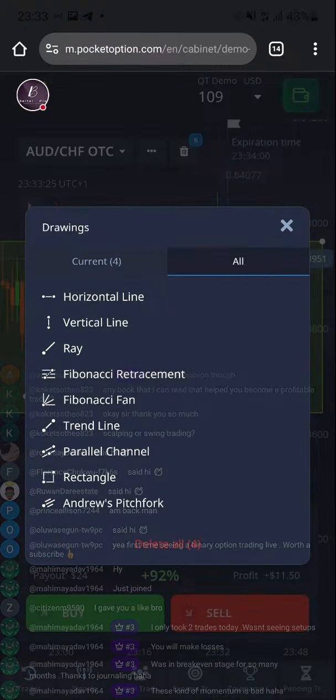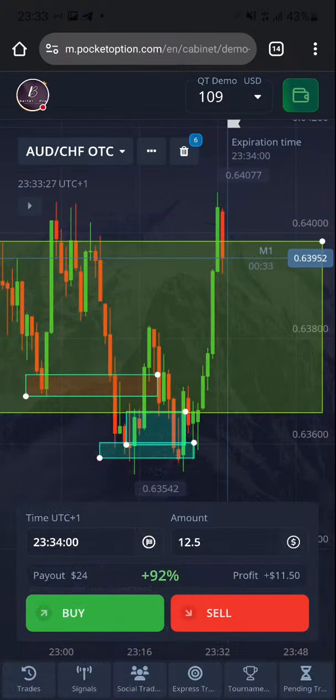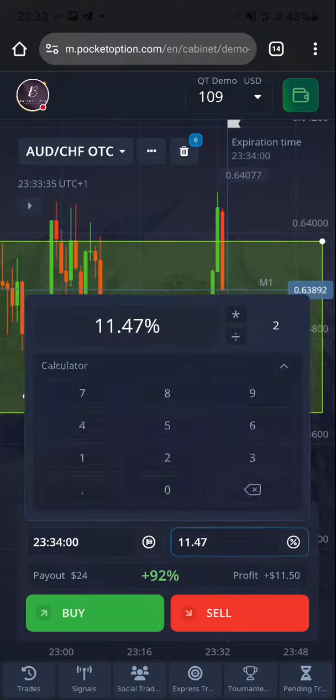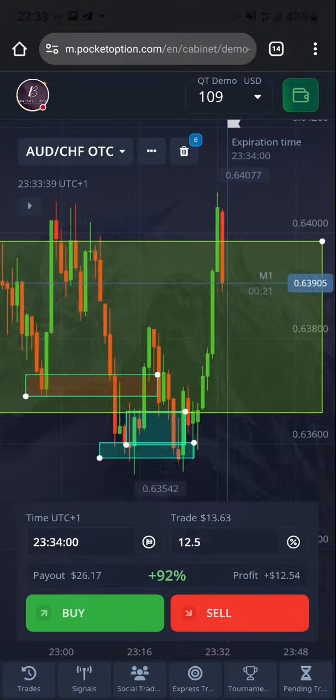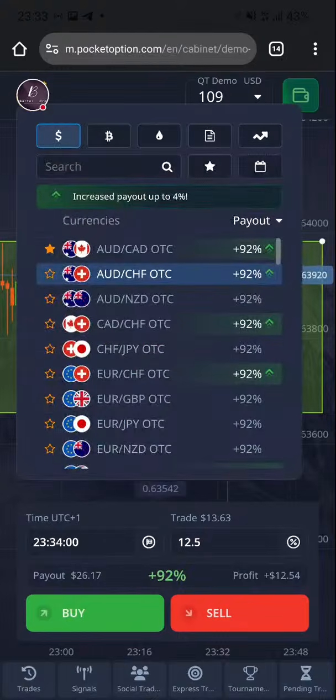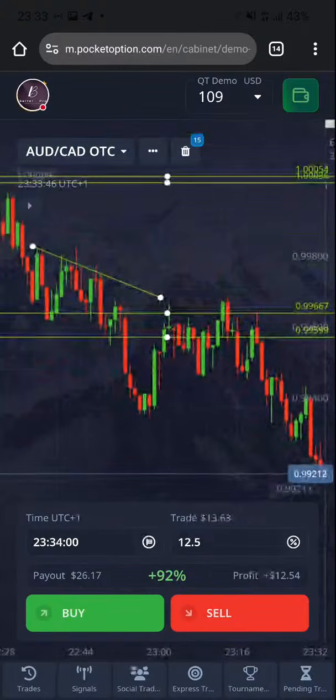Yes, this kind of momentum, it's crazy because if you try to join it, it just reverses on you, and you'll be wondering, but the market was good. Yes, it seems good, but no, you should not join momentums like this. No, I don't do it actually. We'll just look for another opportunity in the market.